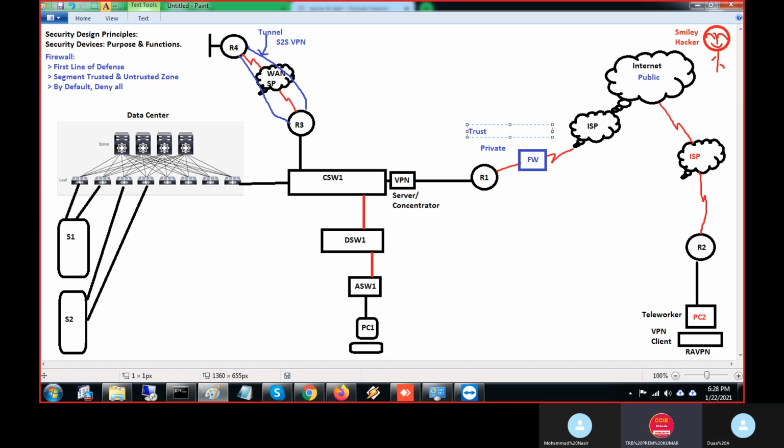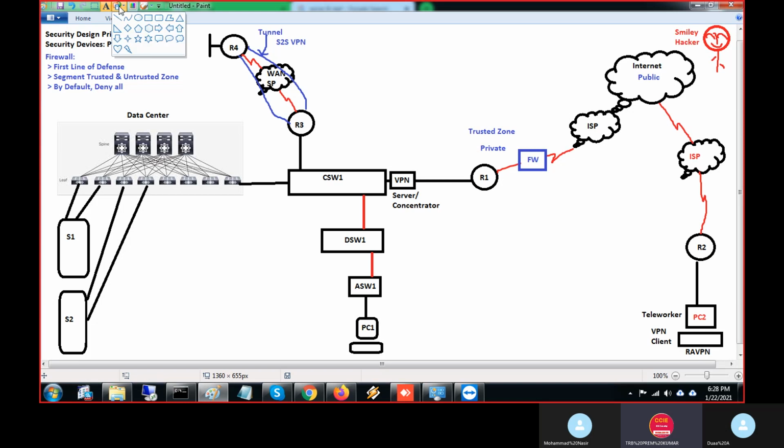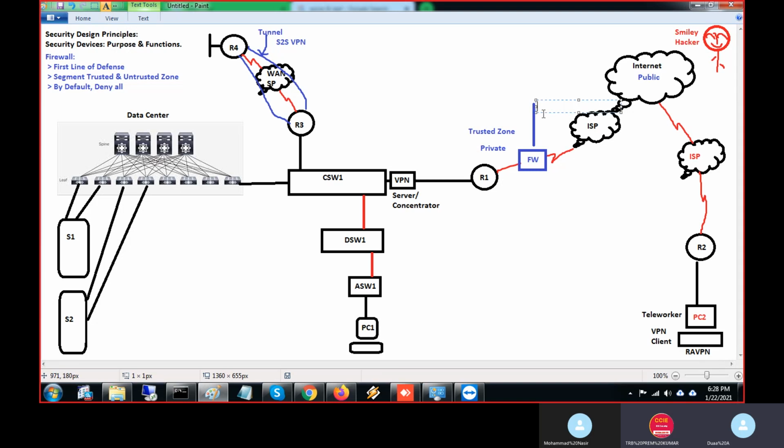Your house is inside your compound, so you will trust it, right? Outside your compound, you will not trust anybody. This is your trusted zone, and this side is outside your compound: the untrusted zone. So this is the device which is dividing the trusted and untrusted zones.